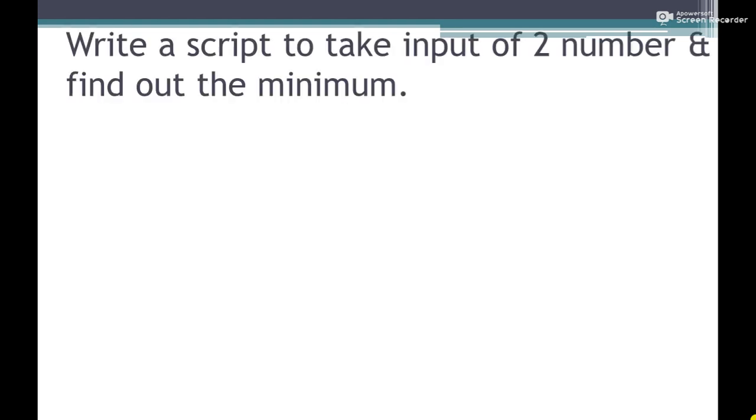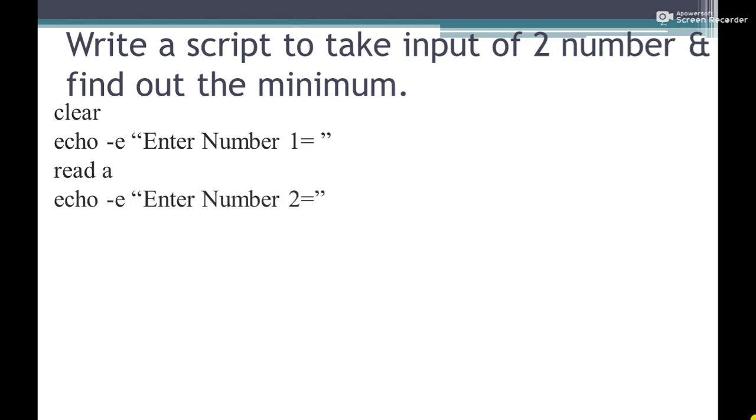Now we will take another example, to find out the minimum number. It is similar to the maximum number, but small changes will be made for the minimum. So we will create this Vim file by vi and the file name, that is min. Then we will press I to go into the insert mode, and then we will clear it. Take the input of number 1 by read variable a. So number 1 is stored into a. Then enter number 2, and we will store it into the variable b,